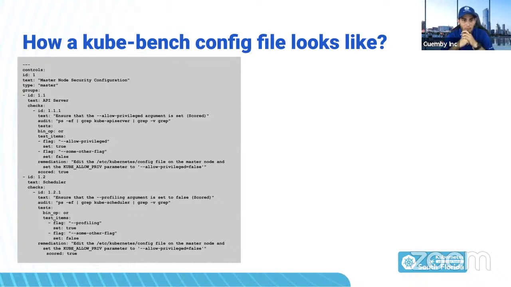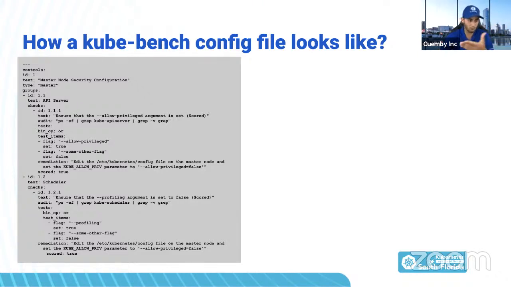So this is how a configuration looks like for Kube-Bench. I hope that is legible, but you can see it's everything based on groups of tasks, right? So for example, right here, we have to define an ID for the check that we're going to perform. We're always going to give it a human description that we can read, in this case it's the API server check. And then inside the checks, you have an array where you start defining multiple pieces of information,